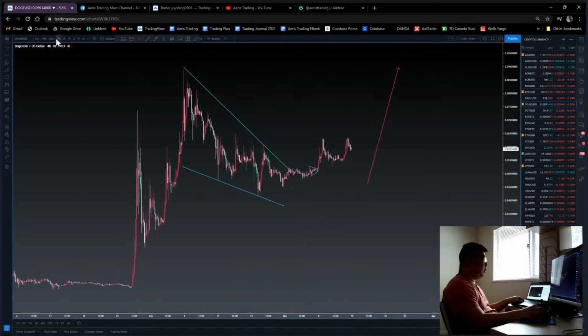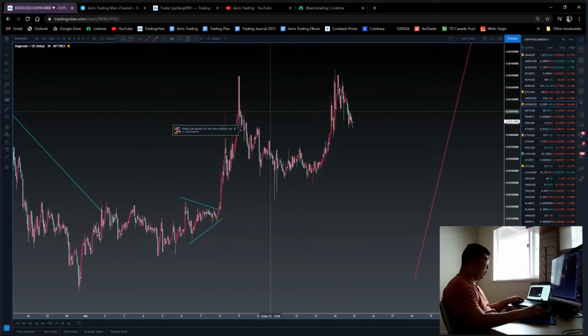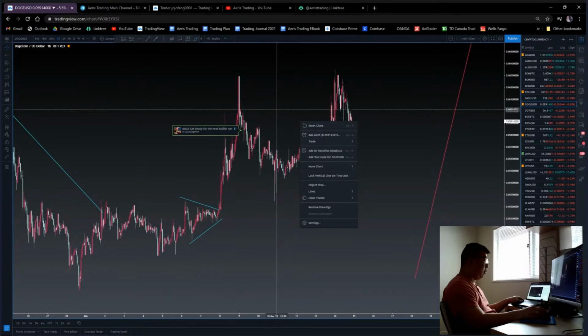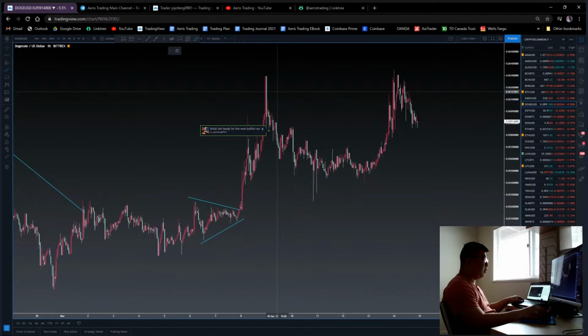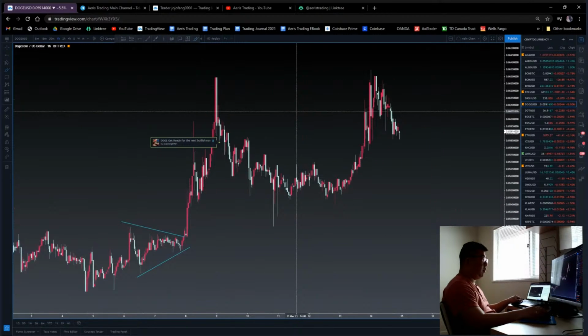So let's look at Dogecoin here. How do I know it's a false breakout or a bright card breakout? You will never know 100%, right, my friend? But what we do as price action traders